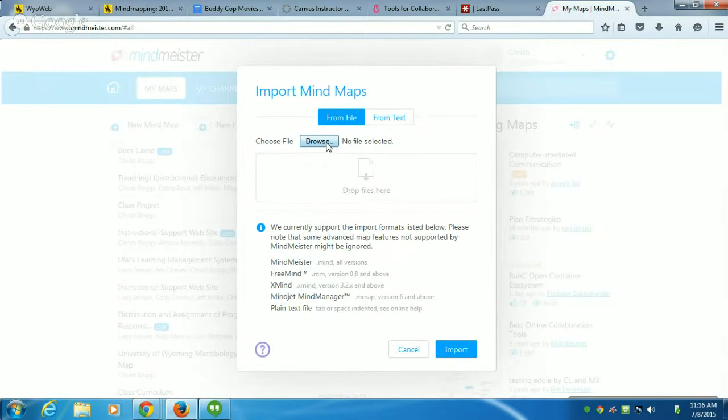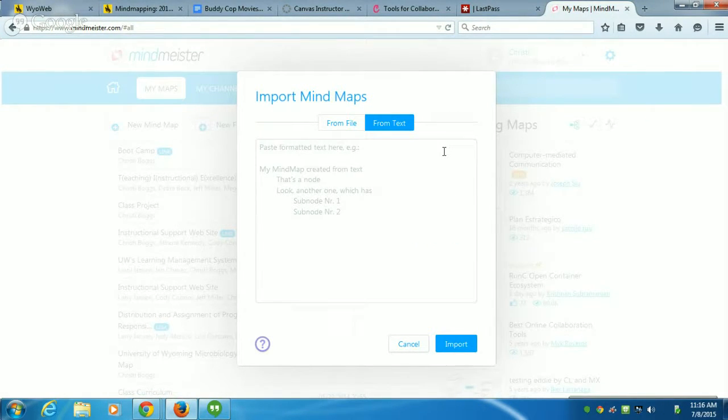Yeah, it looks like you can paste formatted text here, and it will. Yeah, so what he's asking is, if I had an outline, like Carol learned how to do an outline, and you wanted to turn it into a mind map, you could copy and paste it into here, and theoretically it would do that. I've not done that before, so I don't know what it's going to look like. But theoretically,